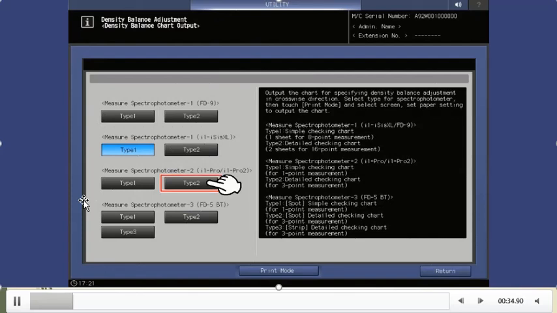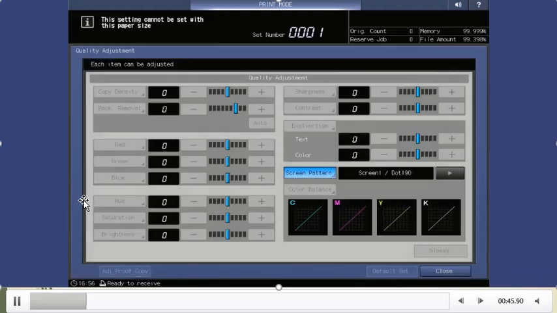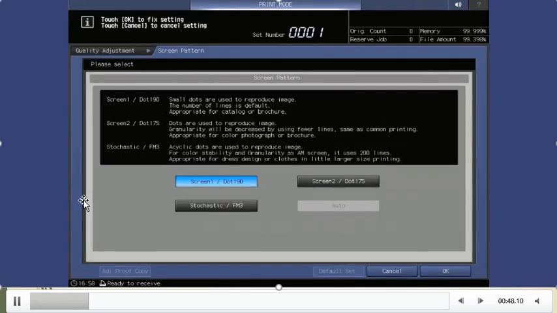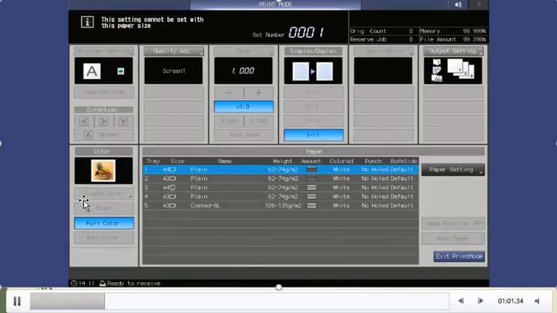Here we will take out type 2 of the i1 Pro 2 line, okay, and then select whatever tray you want, and the screen also you can select. If you want to change the screen, you can change it, otherwise it is not required. If you want to keep it on screen 1, then it is by default on screen 1 only. Then select the tray and press the start button.